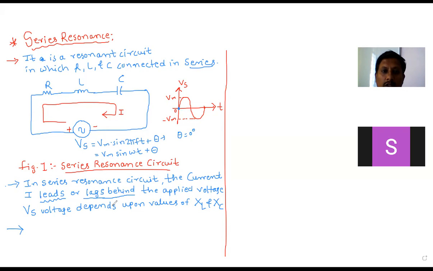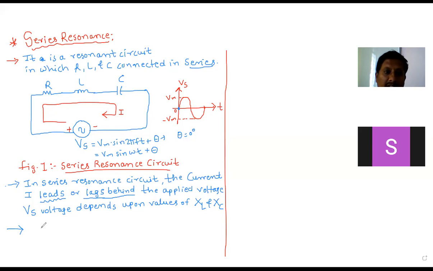Phase difference is 0. So based on the phase difference, we can say that the current I leads the voltage by theta, or the current I lags the voltage by theta. Or if both are in the same phase, the phase difference is 0, and we say they are in phase. Out of phase means the phase difference is 180 degrees. Such words we can use.